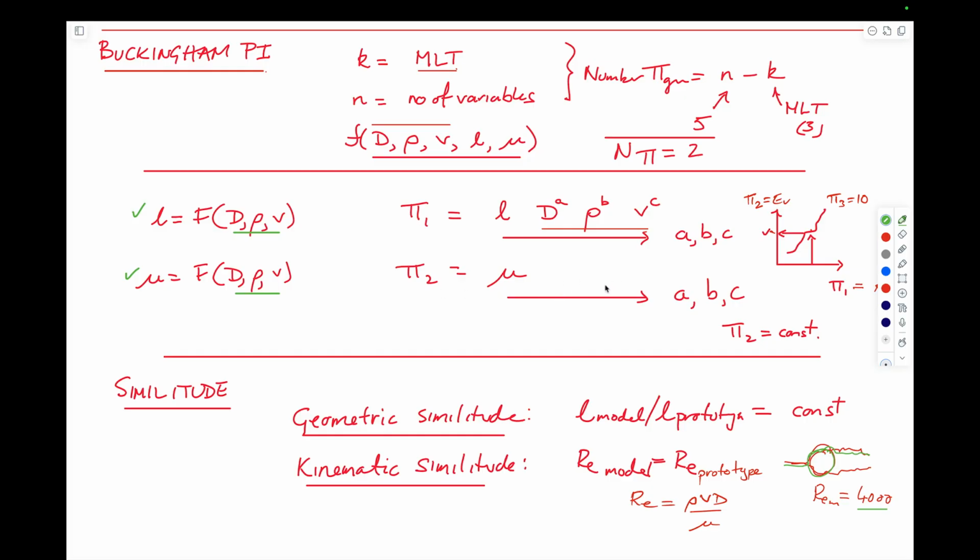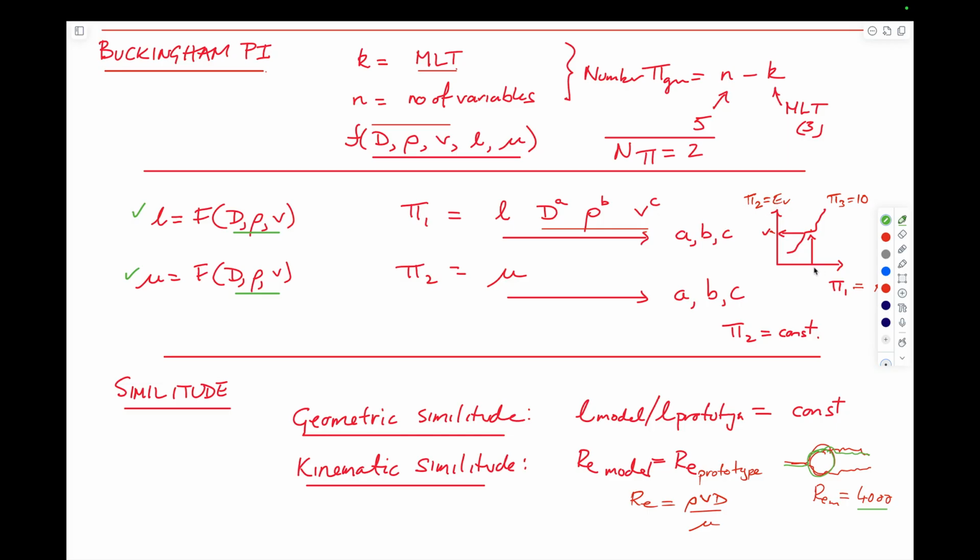And as a result of that, you'd find out what your pi 1 and pi 2 values are. If you know what those are, then for similitude, which means that if everything's the same in your model and prototype, then the parameters for pi 1 would be the same. And if the parameters for pi 1 are the same, then pi 2 are also equivalent between the prototype and the model. So often pi 1 might be Reynolds number, often pi 2 might be the Euler number,